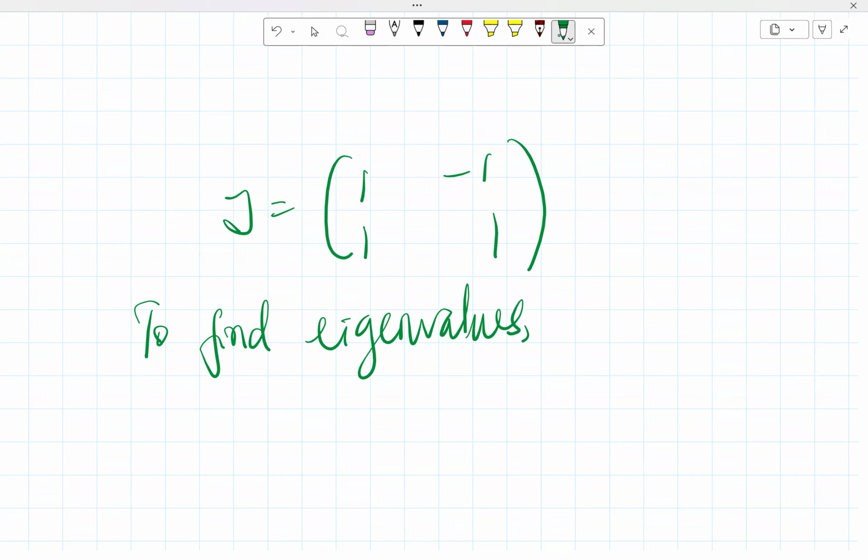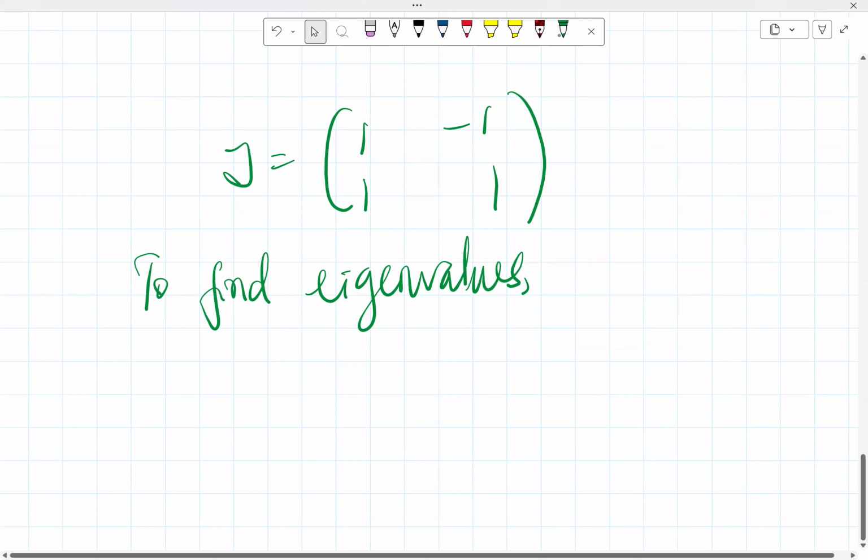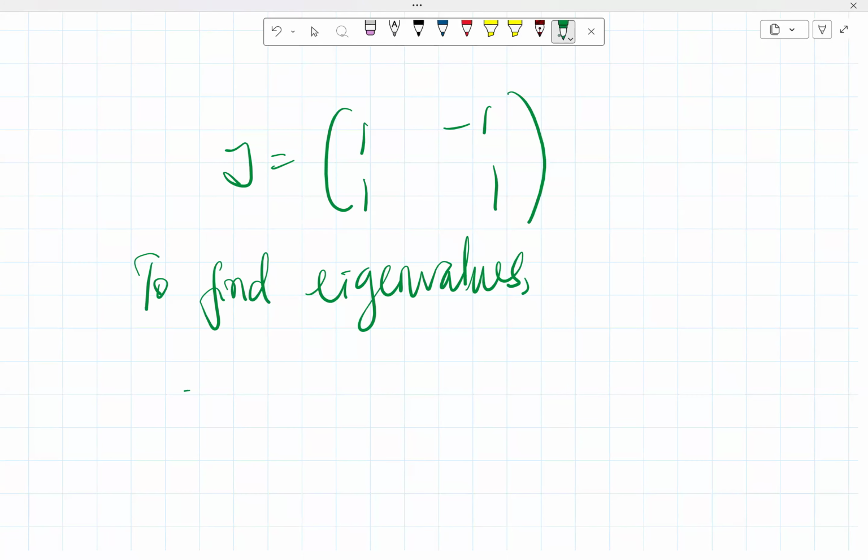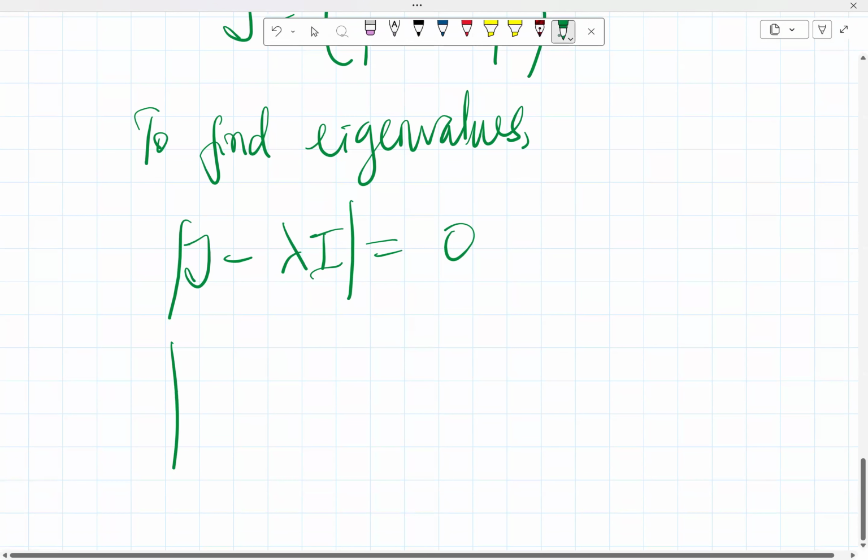To find eigenvalues, we have J minus lambda I equals 0. The determinant of that, by the way, means we have the determinant of the matrix 1, minus 1, 1, 1